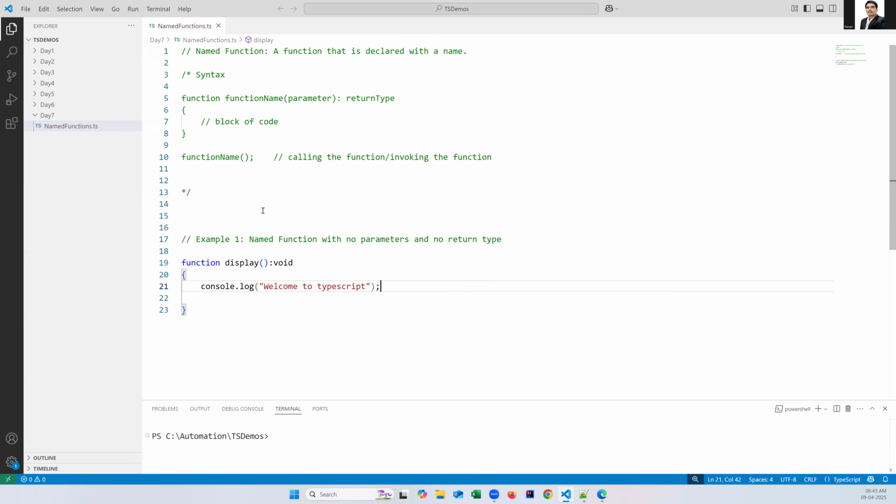So this is a simple function which doesn't return any value and doesn't need any parameters. No parameters means empty brackets, no return value means void. What this function will do when I call it is just print a simple message, welcome to TypeScript. So it is a named function with no parameters and no return value. Okay, now let us invoke the function. To invoke it, simply call display. That's it. Now let me execute tsx day 7